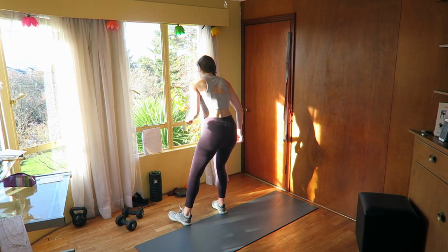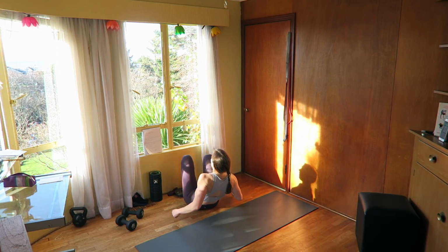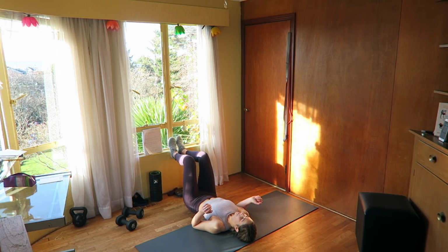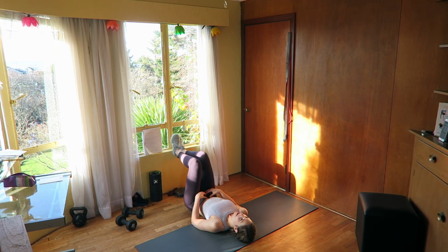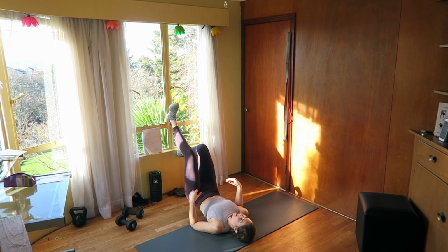Okay guys, round two, single leg glute bridges, 12 reps, starting with the right leg. Remember to tuck your pelvis under, engage your core, do up that core set, and lift the left leg, and keep your hips level. That's one,